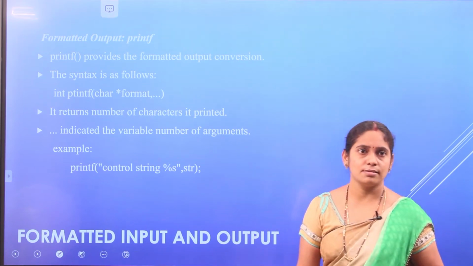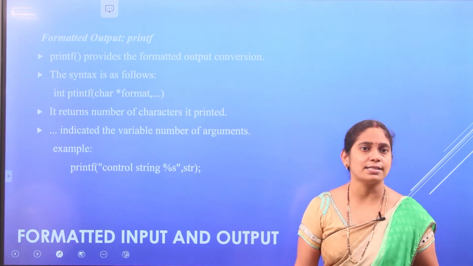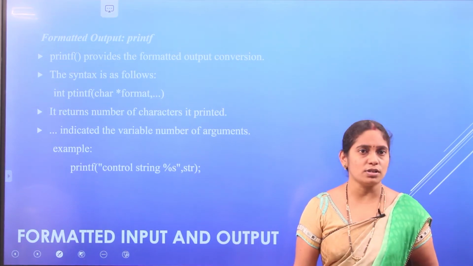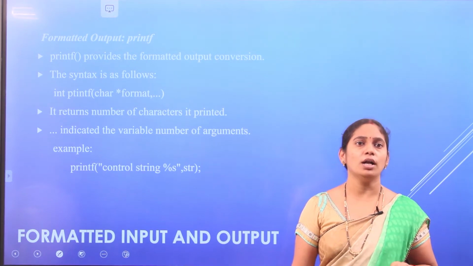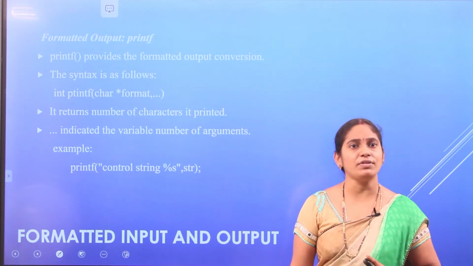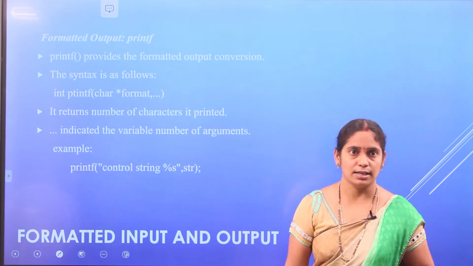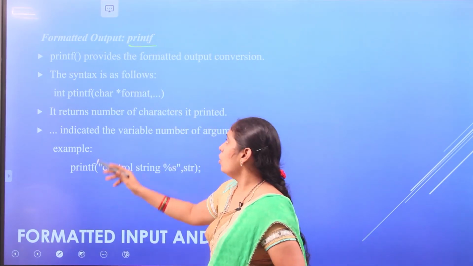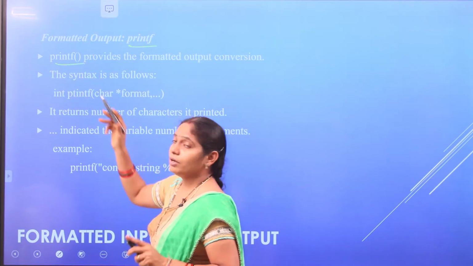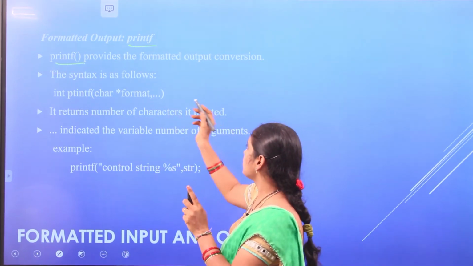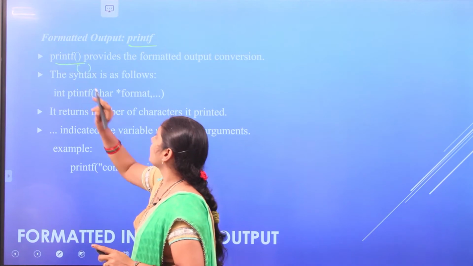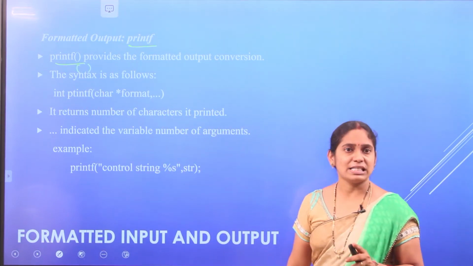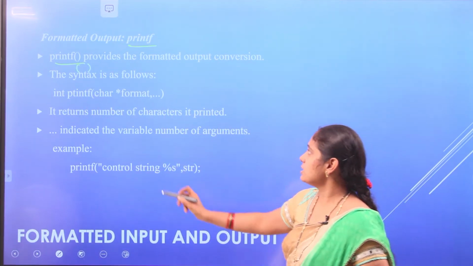Output in the sense is what will be given to the user as the result. So to display to the user in C programming, we have a function called printf. Printf is one of the functions used to display the result. So printf is the function. Like this we will write printf followed by a parenthesis. That parenthesis represents a function. So this is the format.